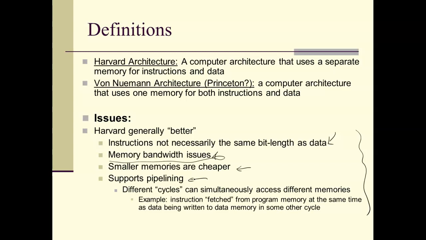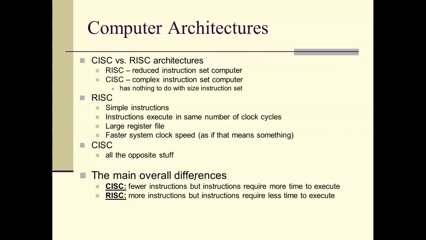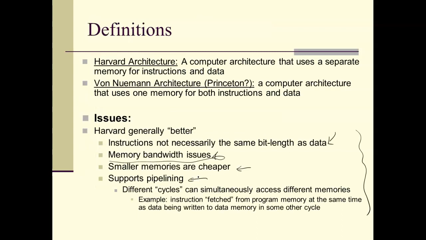Essentially, that means we set up the hardware such that it's doing a fetch and execute at the same time. We don't have the hardware set up to do that, but if we were, two different memories is going to provide better support for that than one memory. In fact, having one memory would be kind of hard. Okay, so I think that's it on that. The only thing I wanted to say on this one